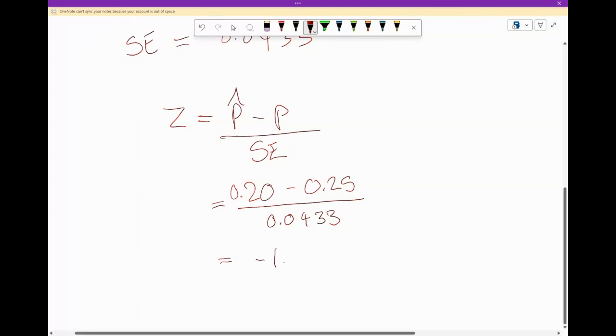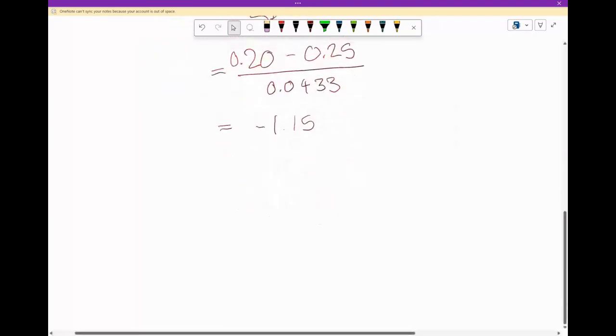Negative 1.154. That's what they've done also in your workbook, okay? So I'm just going to leave it at that, so we're consistent. So now that we have the Z score, this is where you guys need to pay attention, because remember I told you yesterday